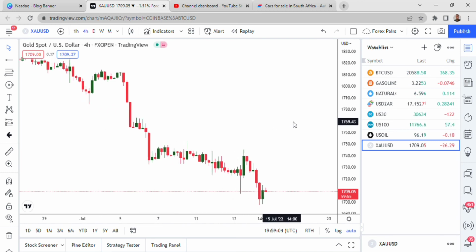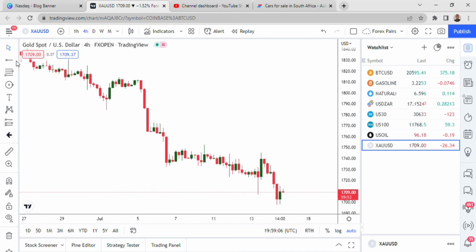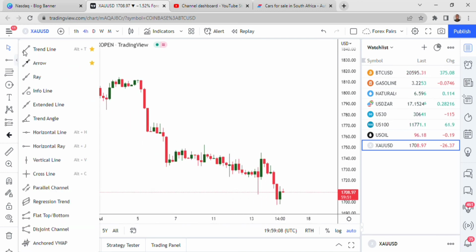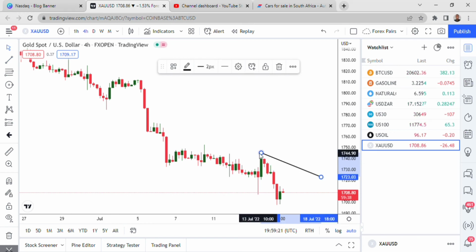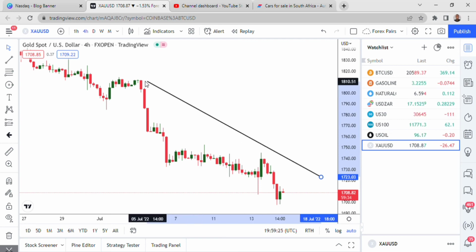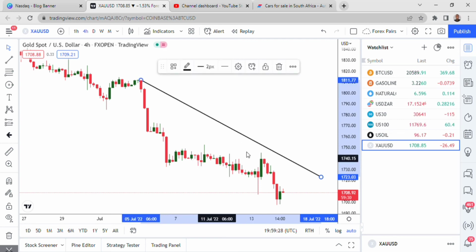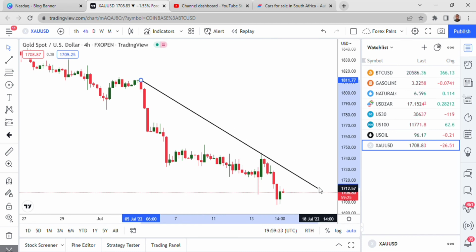So this is the H4 chart. Let's try and mark the first things first. Let's put a trend line. The trend line will say that the last swing we had was this one, which means this is the last point on our trend line. This is how you should approach it. Now you just need to find the next point. Personally, I would put it like this, because the price action here is not very smooth. I'll put it like that and say this is my H4 trend line.